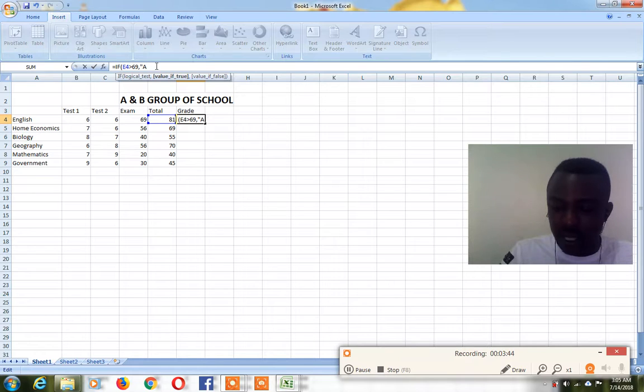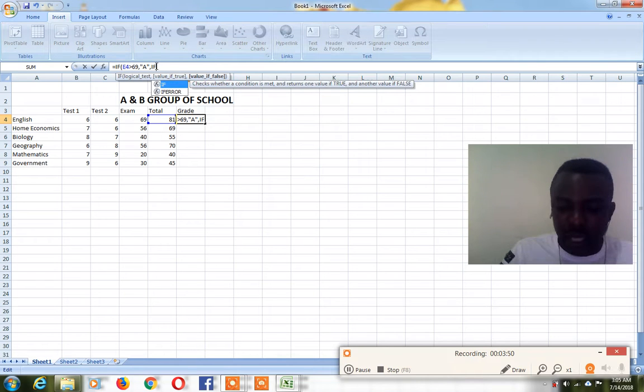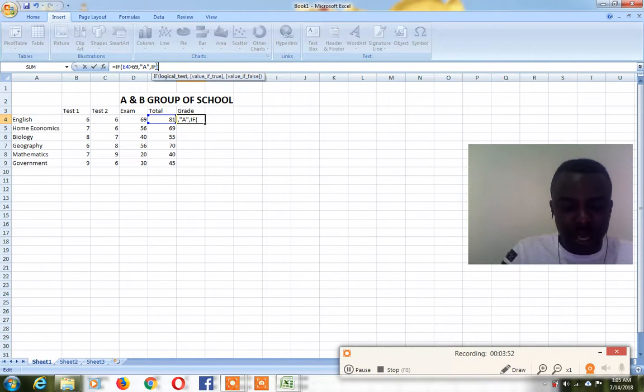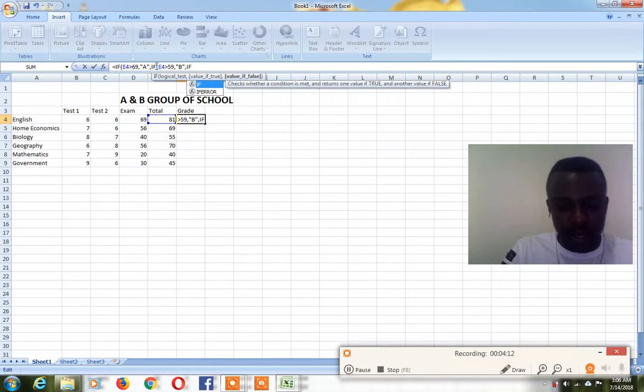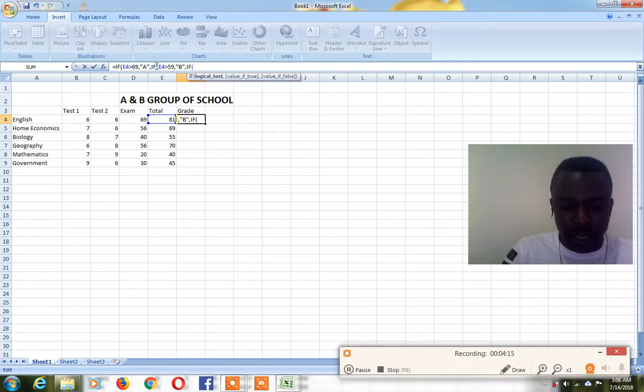If it is like that, then you close the parentheses, comma again, then you write IF again, then you open the bracket. If E4 is greater than 59, comma, you open the parentheses again, you give the person B, then you close the parentheses. Then comma again, then you open the bracket again. IF E4 is greater than 49,